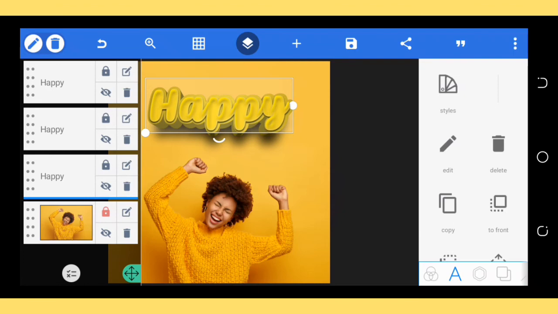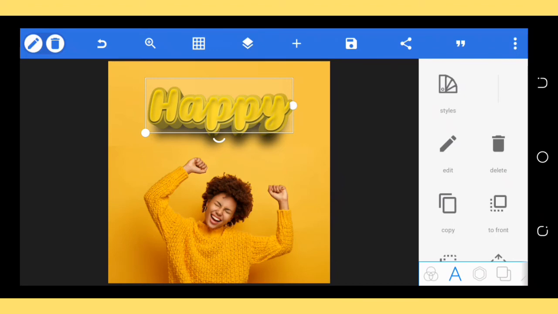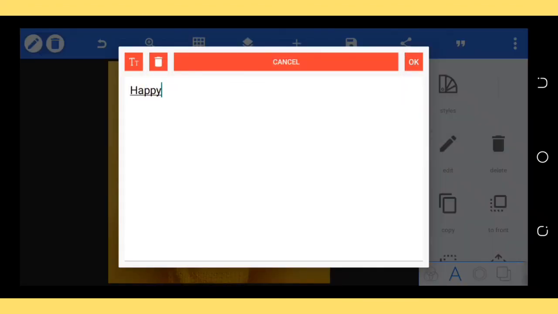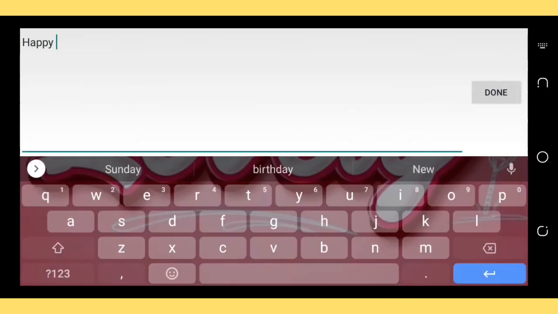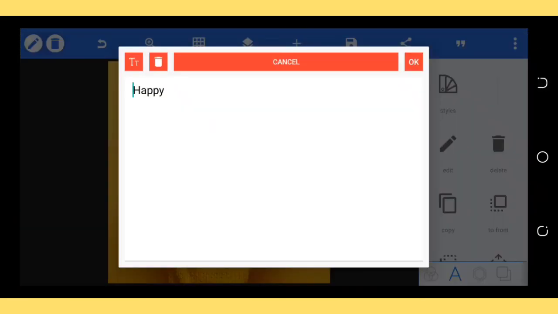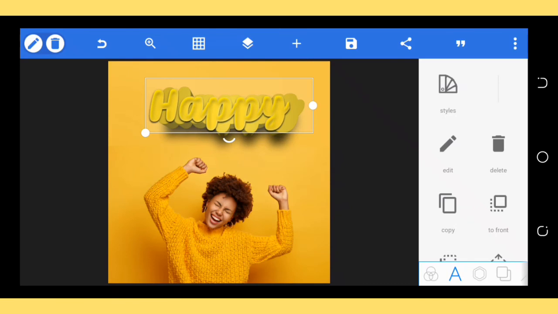So what you do, you select the bottom part of the text effect. Then you go to edit and give it a space at the left and a space at the right. And you select OK. Now you see that edge cutout is no more there. Now you do the same thing to the